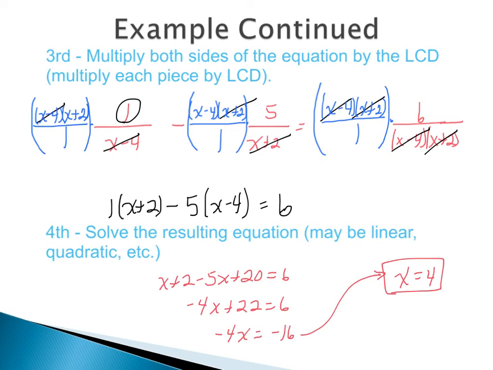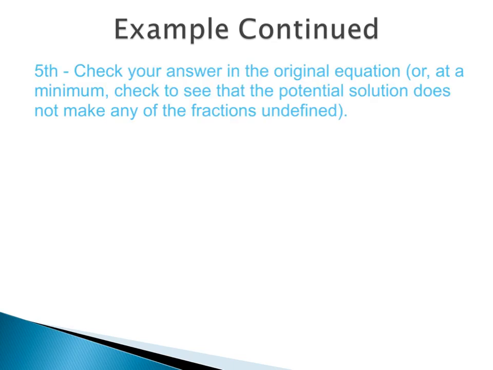Okay, so there's a bunch of steps in there. We had to find our lowest common denominator. We multiplied each piece by your lowest common denominator so that we had a resulting linear equation that we can solve. The next step is the most important for our rational equations. Our last step is that we have to check. We have to check our answer in the equation. Now, anytime that we're solving an equation, we should go back and plug in, substitute into the original, and make sure that both sides are equal to each other.